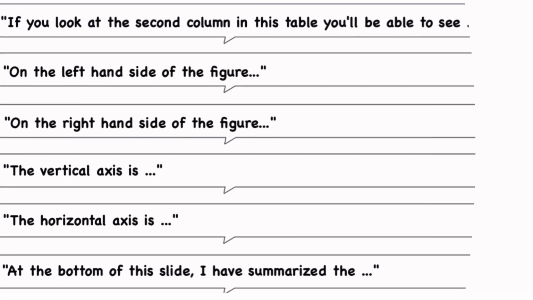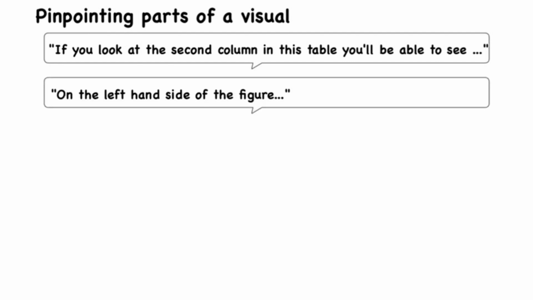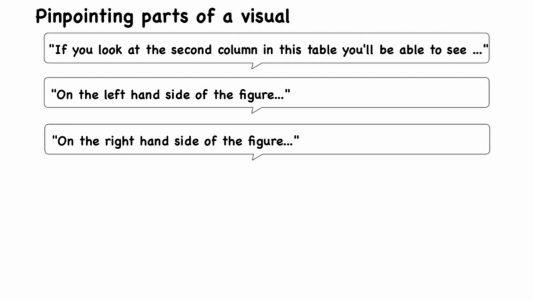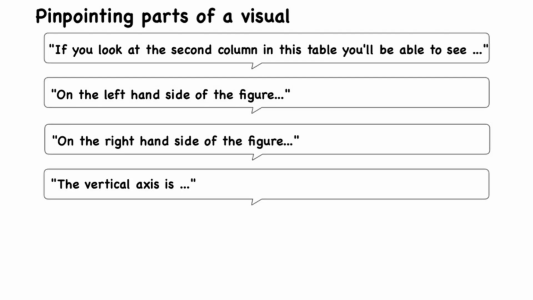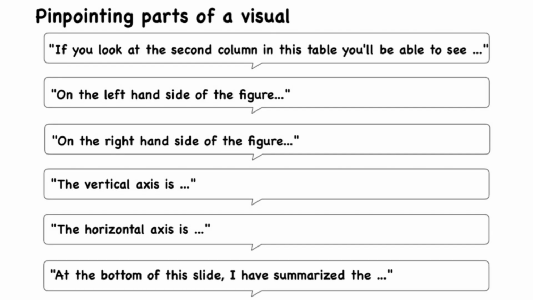Pinpointing parts of a visual. If you look at the second column in this table, you'll be able to see. On the left-hand side of the figure. On the right-hand side of the figure. The vertical axis is. The horizontal axis is. At the bottom of this slide, I have summarized the